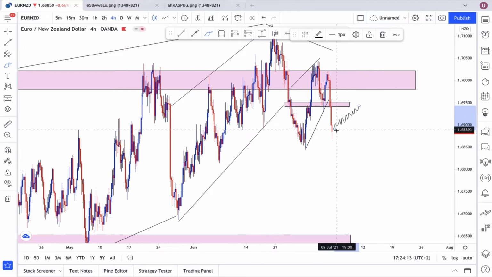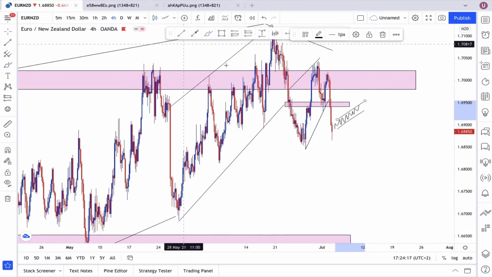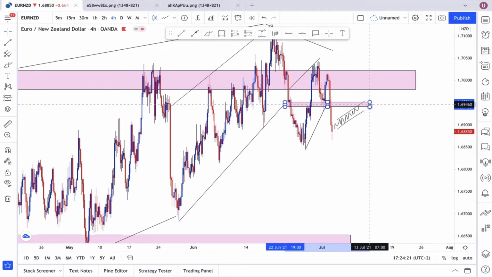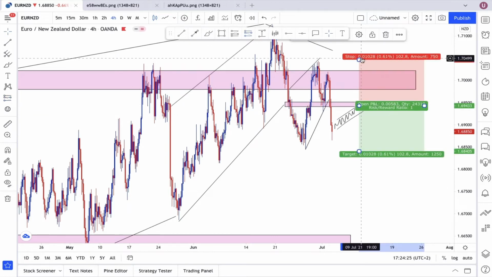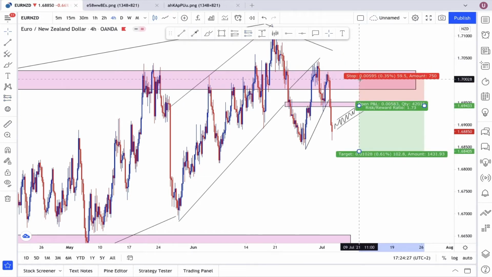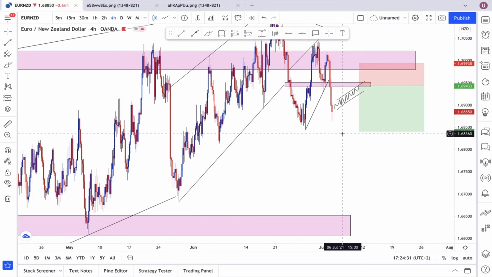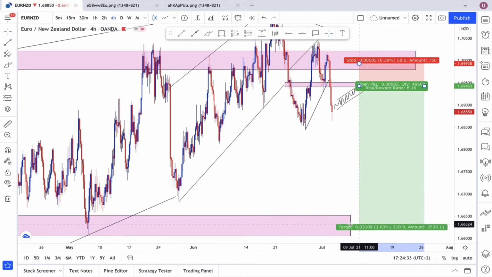And then once it touches our zone right here, which is now resistance, we can immediately take the trade with a roundabout 50 pip stop loss,